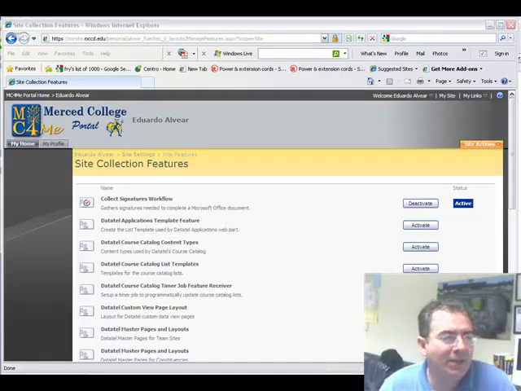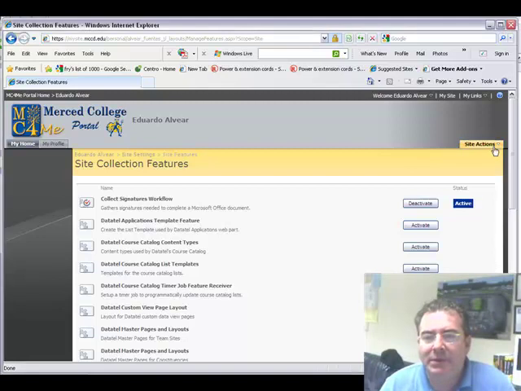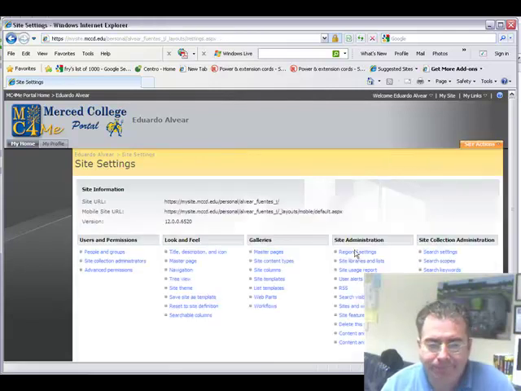Step number 2 on this publishing stage is that we're going to create a website within our website. That's the way we're going to handle the creation of content. You're going to be creating what are called subsites within your site. And we're going to do that clicking on the Site Action button, Site Settings,